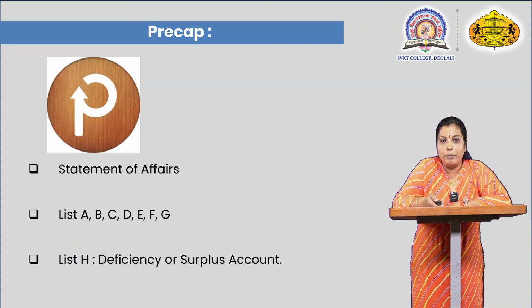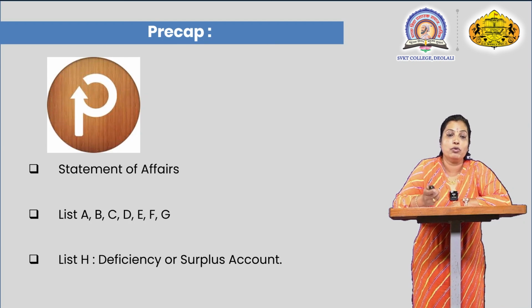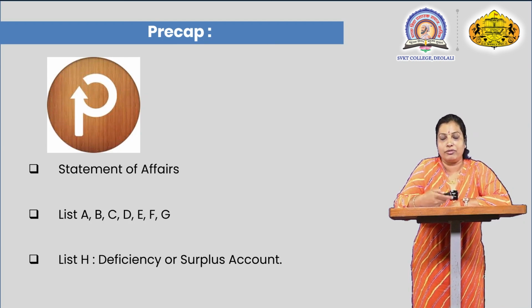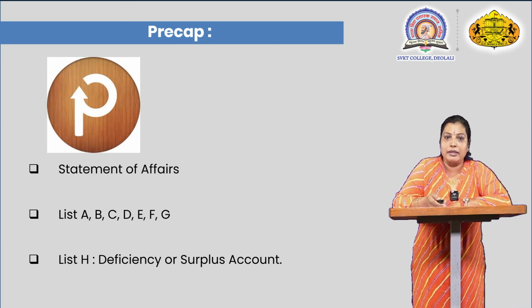This is the recap of the next lecture, and we will focus on the second method, the statement of affairs. The first method given in the liquidation of companies is the liquidator's final statement, and the second method is the statement of affairs, which we will focus on in the next